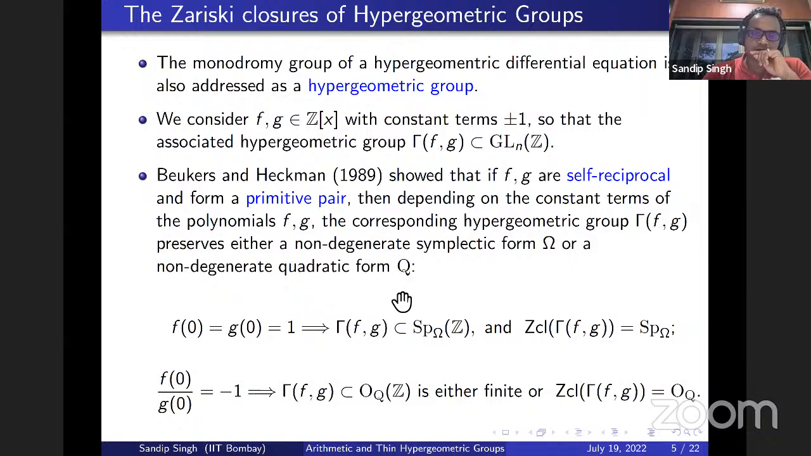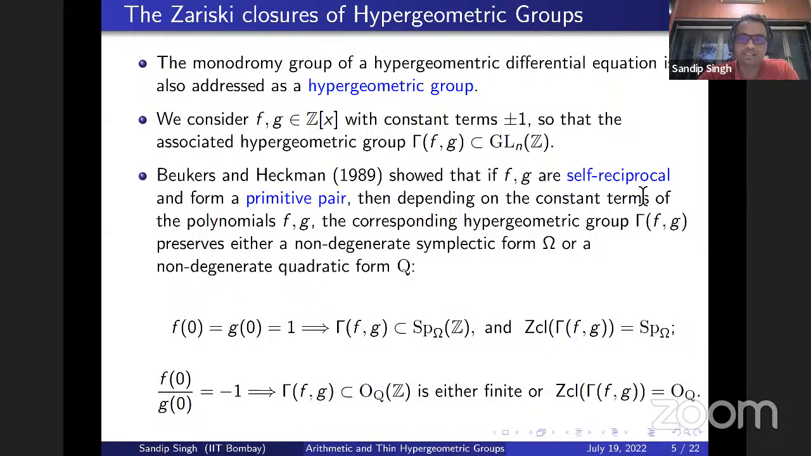And also one can ask, here we are saying that gamma Fg preserves a non-degenerate symplectic form omega. So no restriction on n is given, right? We know that a symplectic form in n variables is non-degenerate, at least the necessary condition is that n must be an even number. So you can check that with this condition, because we are considering f and g self-reciprocal, and also